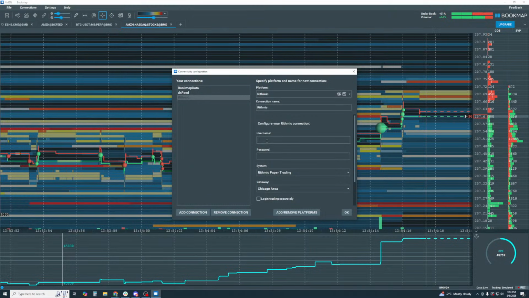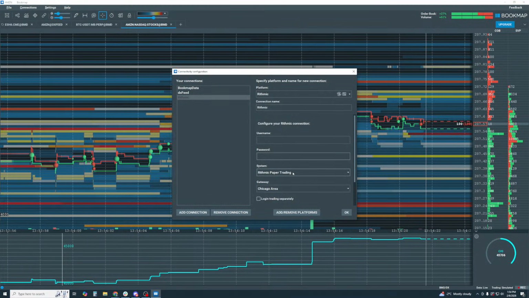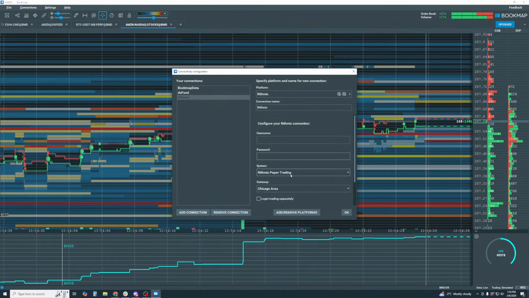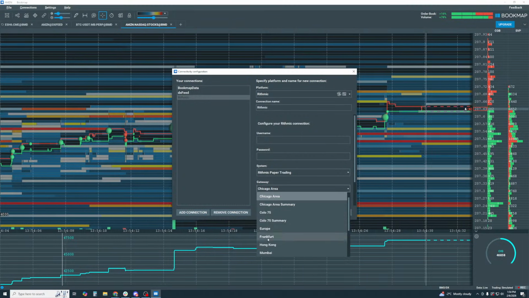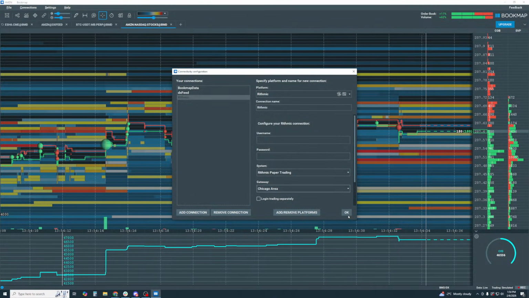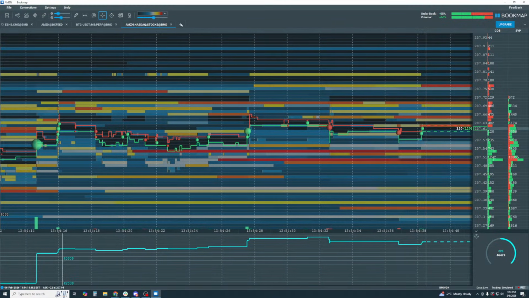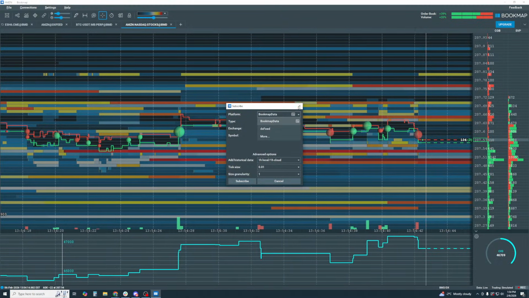And this is where you put in your username and your password, and then you might have to ask them. I believe you'll probably be using Rhythmic paper trading. They'll tell you what you need, and then your gateway, Chicago, or wherever you're located. Use that, and then just click OK, and then come up and select it, right? And then just add the symbol here, and then you're good to go. All right.